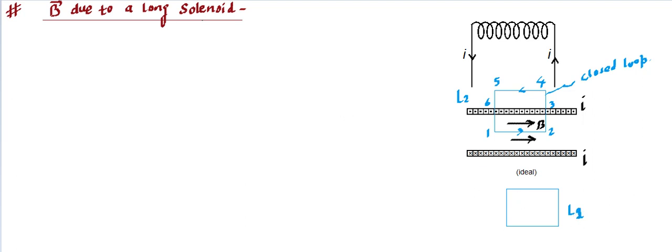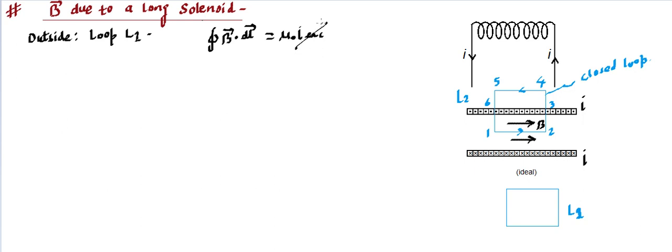So first we can simplify for the outside. So outside this solenoid, outside. If we go outside, that means we need to consider loop 1. So consider loop 1 or closed loop L1. If we consider closed loop L1, then you'll find as per this Ampere's law, it's going to be B dot dl. That's going to be equal to mu naught into I enclosed. Now you see, you take this Amperian loop anywhere, you'll find the total current enclosed is going to be 0 because no wire is going to cross this loop. So you'll find this part is going to be 0 and that will be 0 for all locations, right?